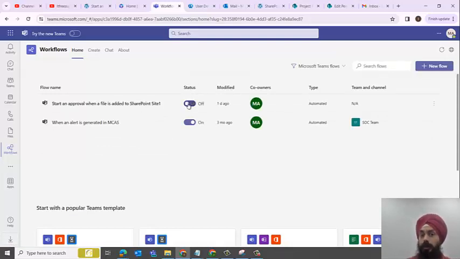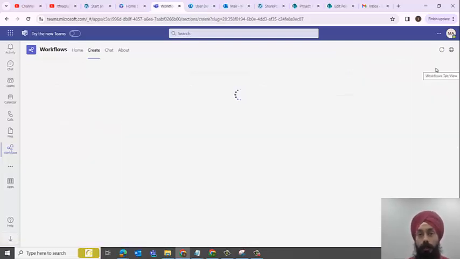I'll just disable this. This is the one which I created yesterday. This workflow takes a little time to trigger and show, which is why I wanted to make sure that it's working and the process is perfectly fine the way I wanted it. So I'll be disabling this workflow now, and I'll be creating the same workflow. I select create new workflow on the right hand side top corner,